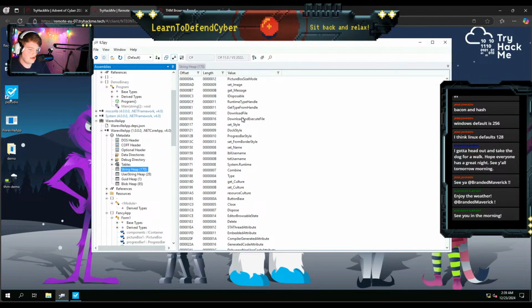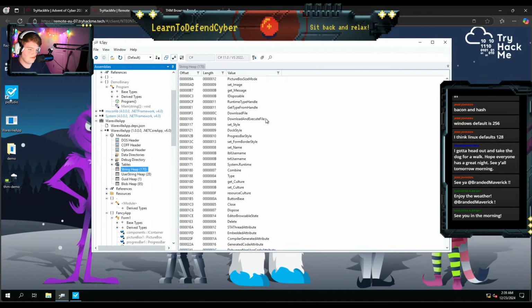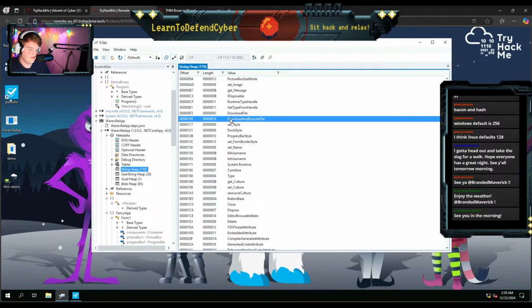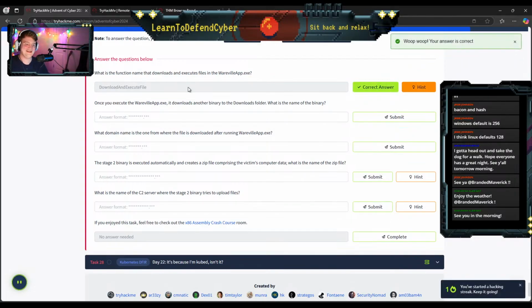Download and execute file, download file. I wonder if that's the function right here, download and execute file. I don't know if it's case sensitive. Execute file. Yep. Just like that.